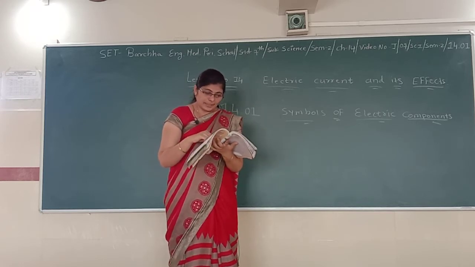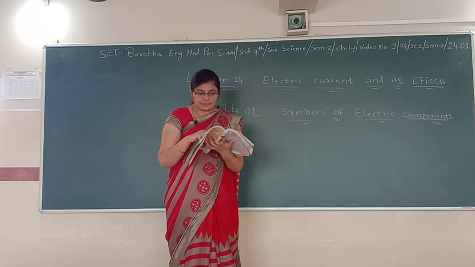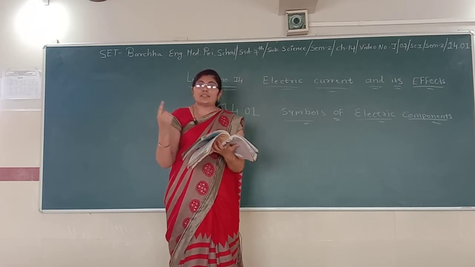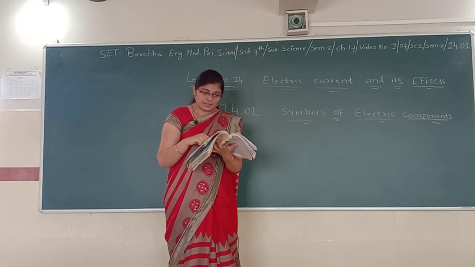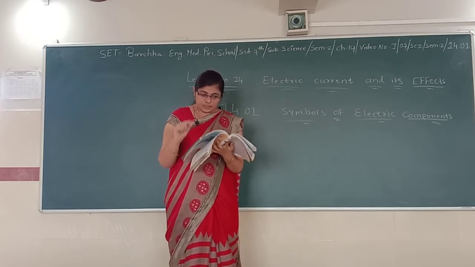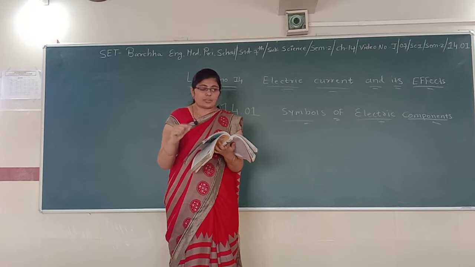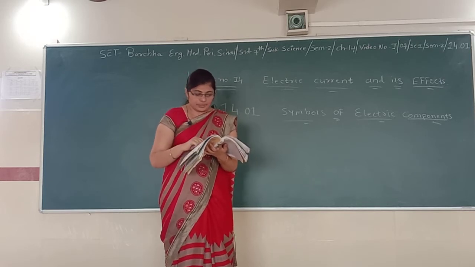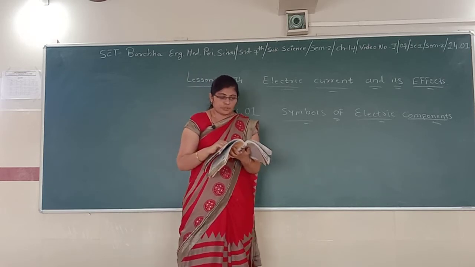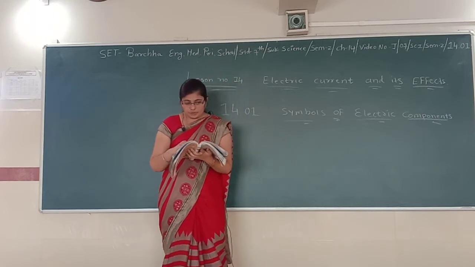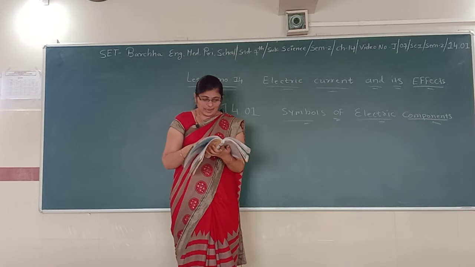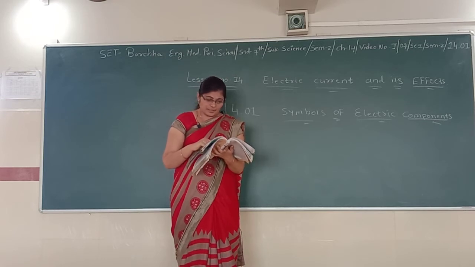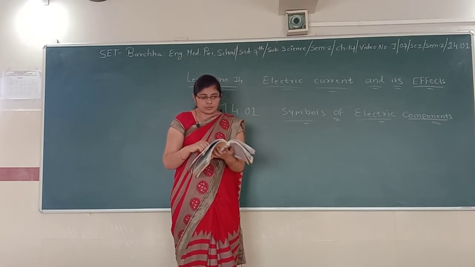Do you recall that the electric cell has a positive terminal and a negative terminal? Yes, you all know that the electric cell has two terminals, positive and negative. In this symbol of the electric cell, the longer line represents the positive terminal and the thicker, shorter line represents the negative terminal. For a switch, the on position and the off position are represented by the symbols as shown. The wire used to connect the various components in a circuit is represented by a line.